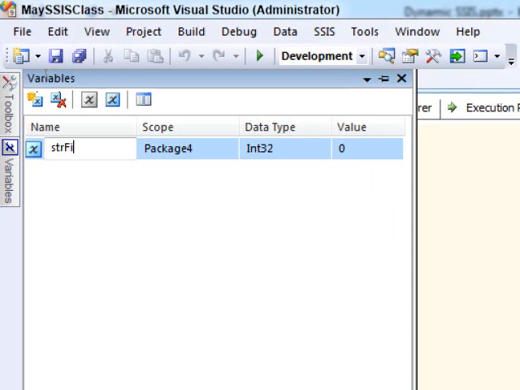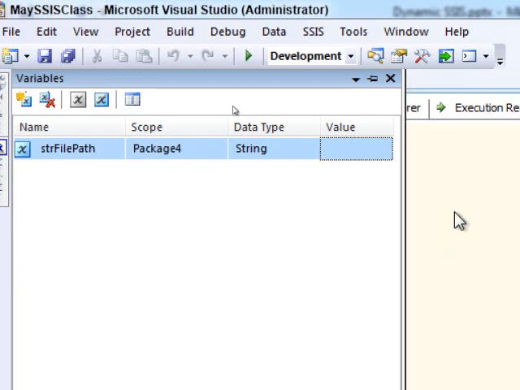And I will call it file path. And my data type I said was going to be a string. And I don't know what the variable value is yet. I'm going to find out what that is from the for each loop. Okay. The scope is actually where I could use this variable inside the package. So I have it scoped at my package name is package 4. So I could use this variable anywhere inside my package. I really should rename it, but that's fine for what we're doing. All right, so